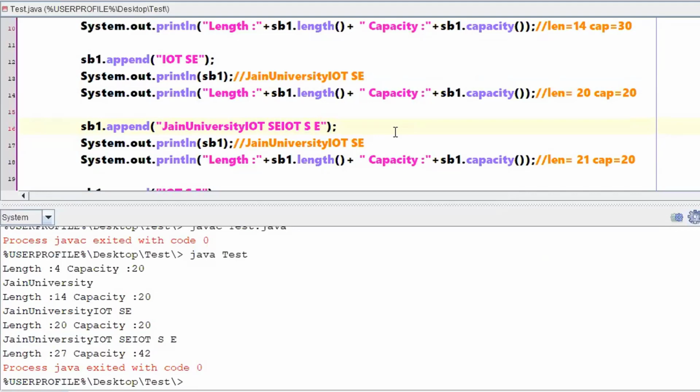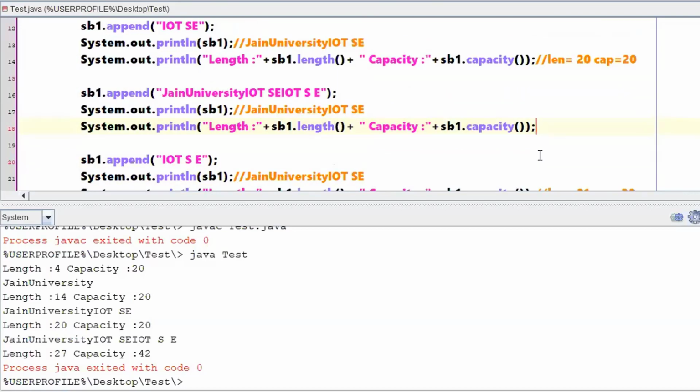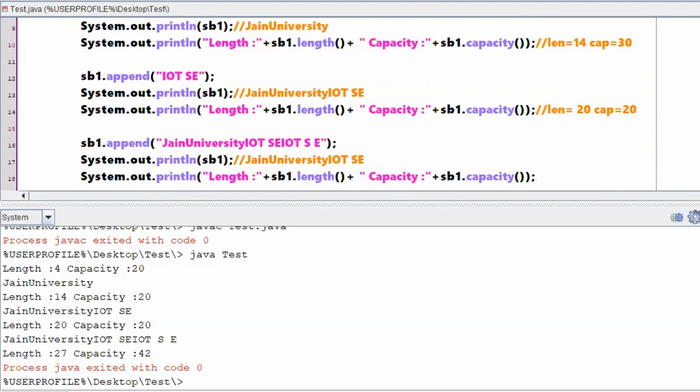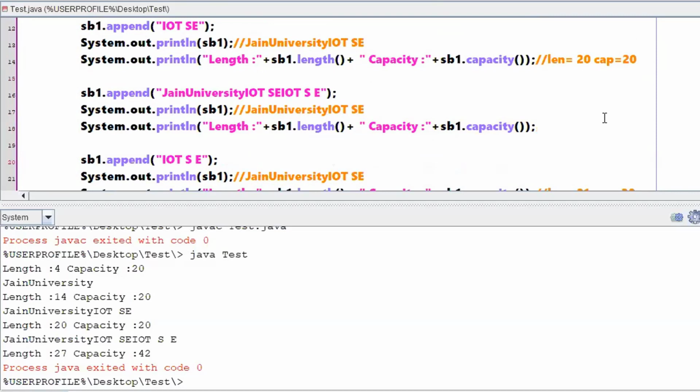So when the length is 54, what was the capacity? Capacity was just 42, right? So it is crossing that length. That means now you require a bigger string buffer. So in this case, what should be the answer? Once again, let me paste this one after the argument.